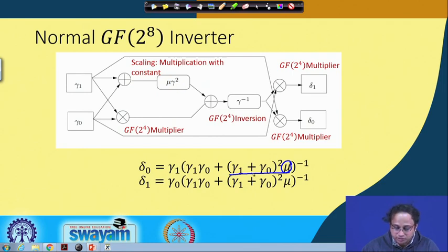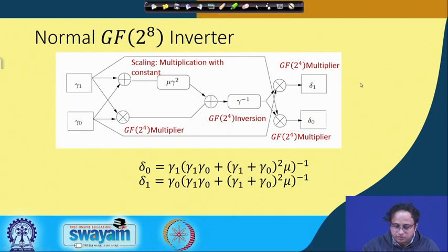Okay. So once you have this part and you have got gamma 1 into gamma 0, you basically XOR them to get your result, which you feed to this GF(2^4) inversion, and therefore you now get this part as your output. In one case you multiply with gamma 1. For example, for delta 0 you multiply it with gamma 1. So I take gamma 1 and I multiply here and I get delta 0, and likewise here I get gamma 0 and I multiply here to get delta 1. Okay. So this is quite easily understood from this diagram.